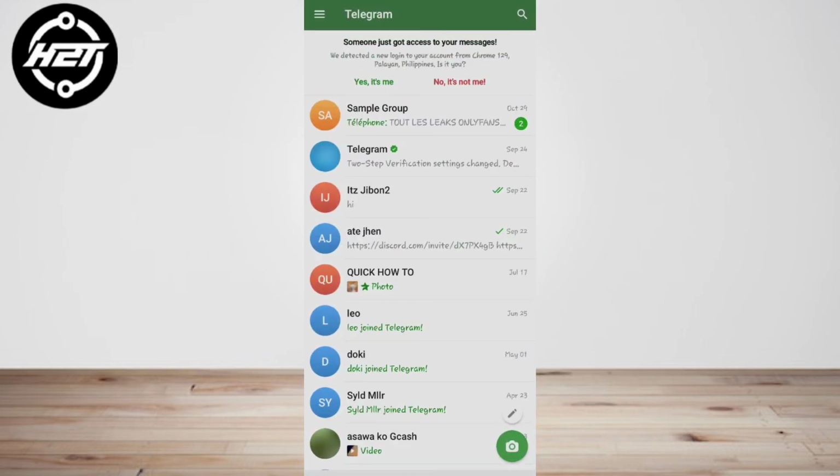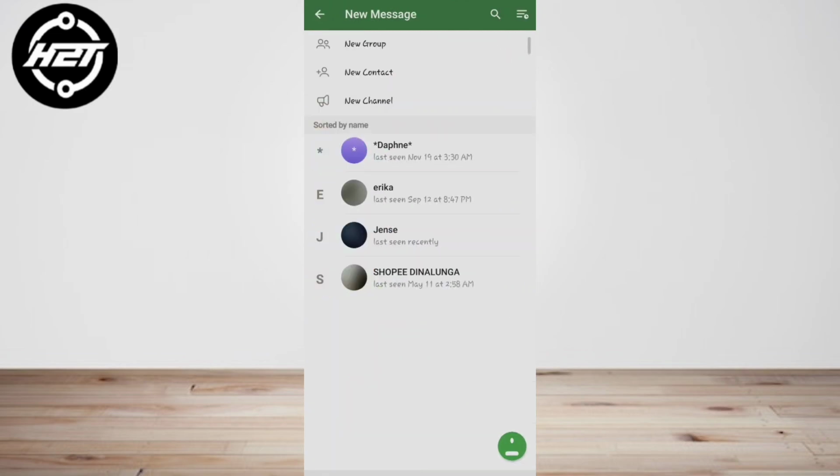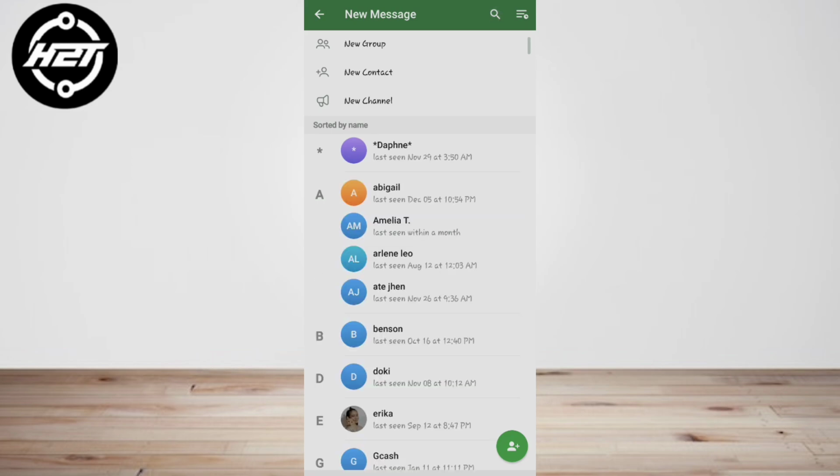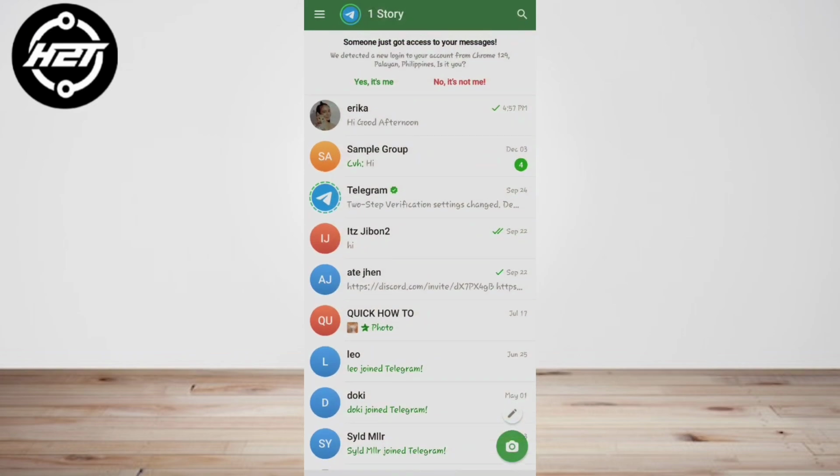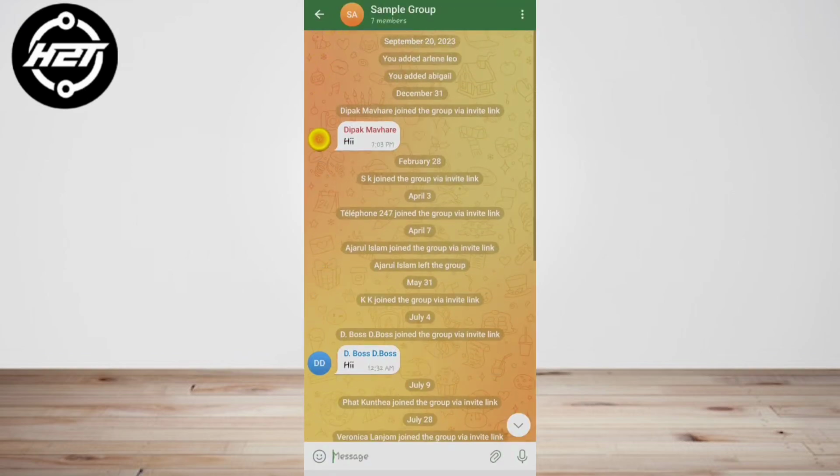Using Telegram to send a message is as easy as selecting a contact and starting to write. Start a Telegram one-on-one chat. All communications are encrypted between your device and Telegram servers, and then between Telegram servers and your contact, but Telegram will be able to read your conversations. You can also create a new group by clicking on New Group and selecting multiple contacts from your contact list.